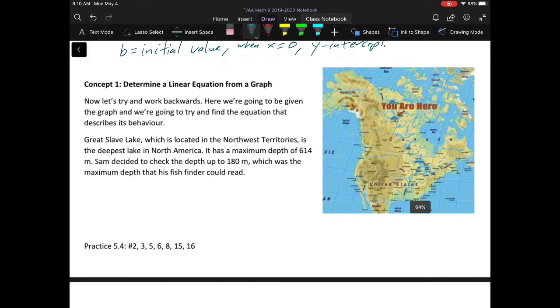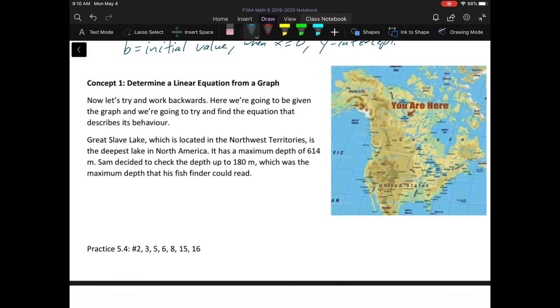So let's look at an example here, starting with a graph and then working backwards to a table and then an equation. So concept 1, determine a linear equation from a graph. Now let's try to work backwards. Here we're going to be given the graph and we're going to try and find the equation that describes its